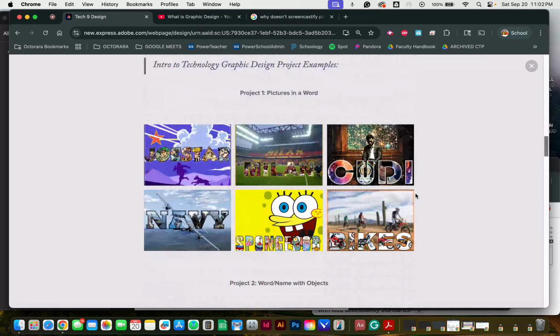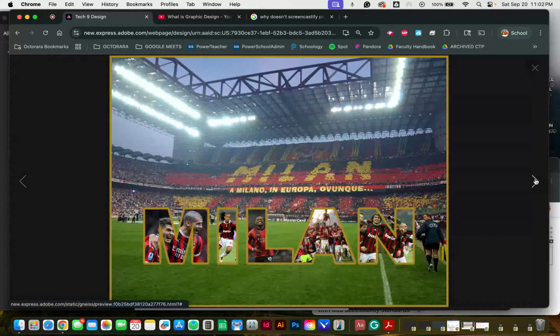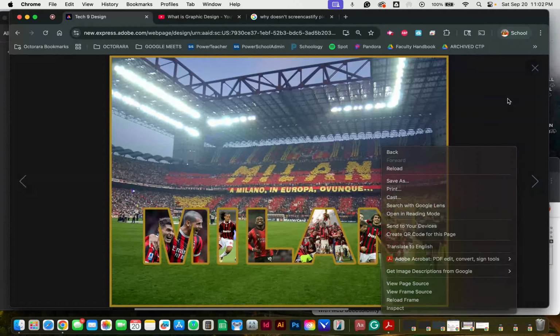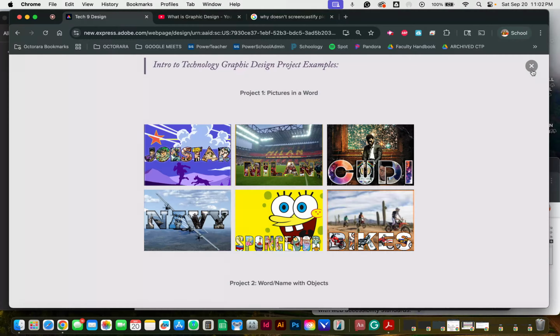If I scroll down, my next section is project examples. And I show all the different projects that I'm going to do with the students just so they have a preview and they know what they're getting into with this class. When I click on an image, it gives me a nice big image and I could navigate to the left or to the right. But there is no text that tells me what it is. So let me close this up